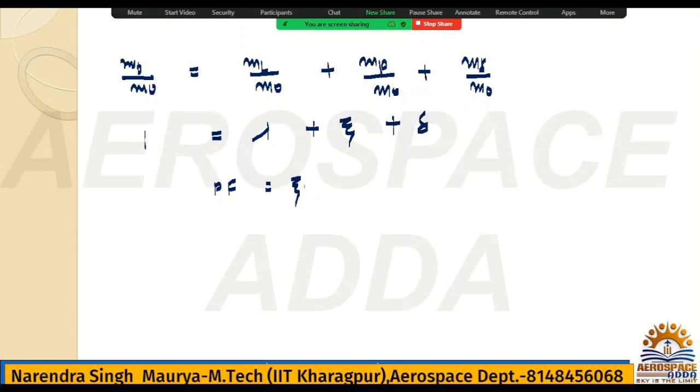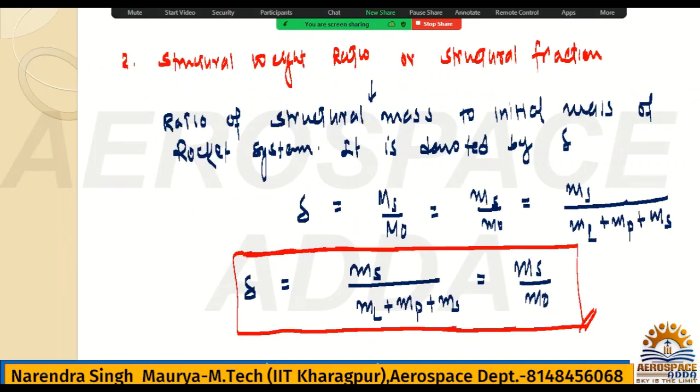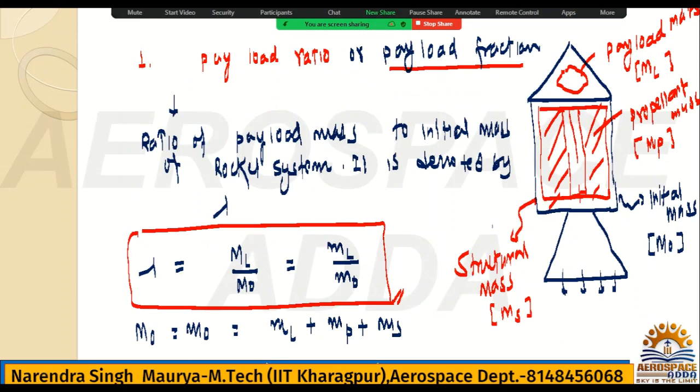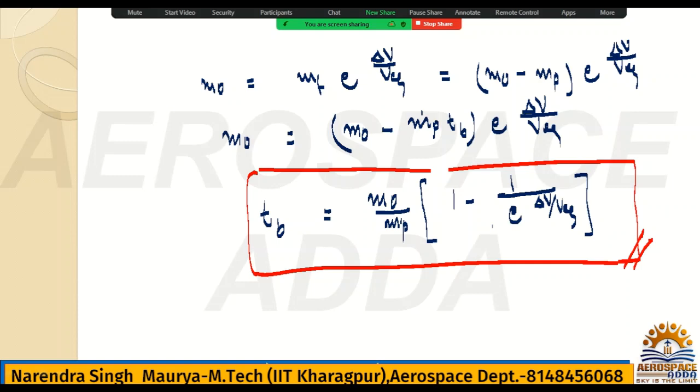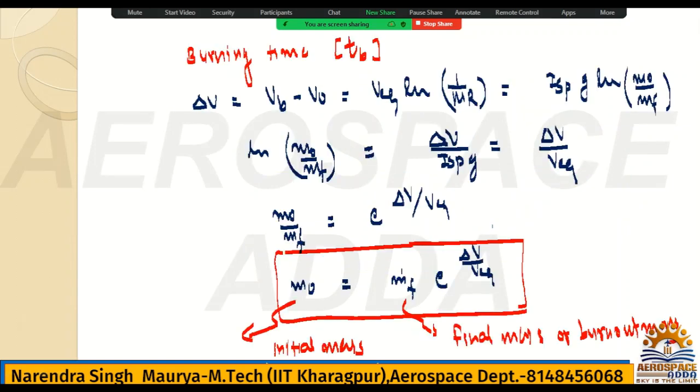And this zeta you can write in terms of 1 minus zeta, then what you will have? Lambda plus delta. And this 1 minus zeta, if you check, it is also the mass ratio. Check here and listen carefully and use this, because each and every term is pointing towards your exam,